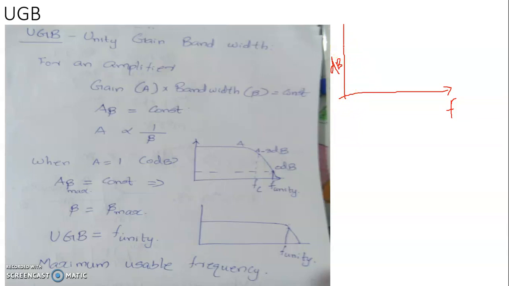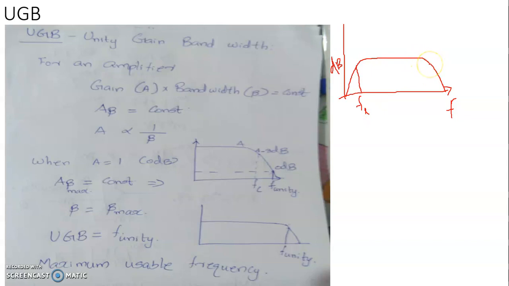And the typical frequency response of an operational amplifier will be like this, whereas the frequency response of an amplifier will be more or less nearly like this. The frequency above which the gain is assumed to be a constant, or the frequency at which the gain has fallen to 70.7% of the maximum, or 3 dB lesser than the maximum gain or mid-band gain, is referred to as the lower cutoff frequency, and the upper cutoff frequency is a higher frequency at which